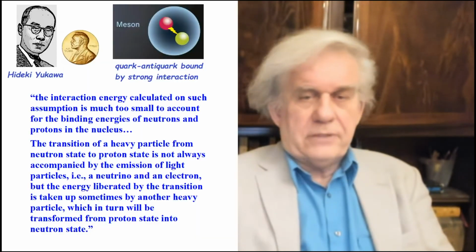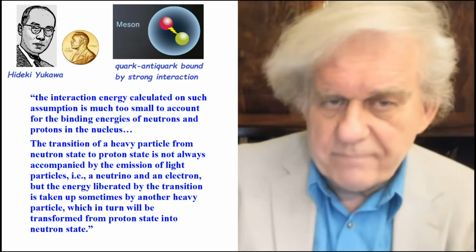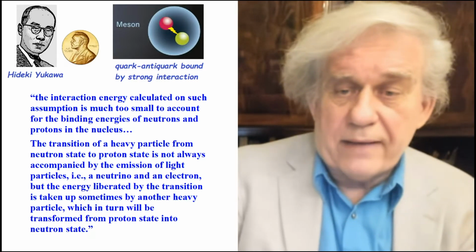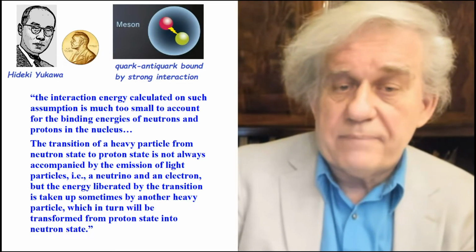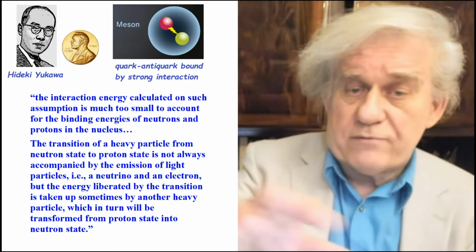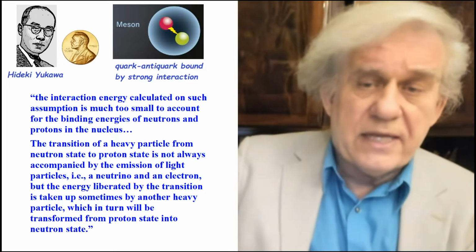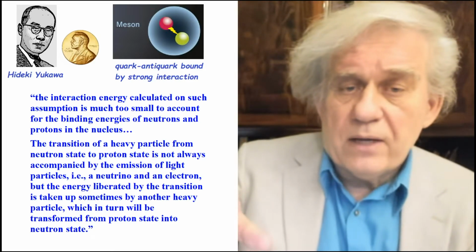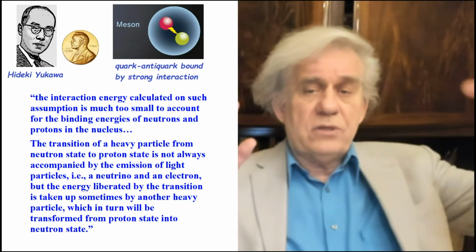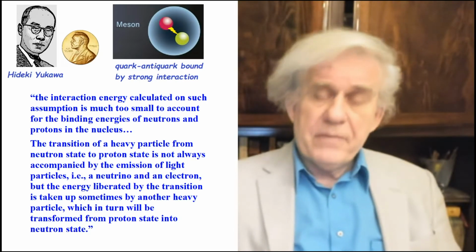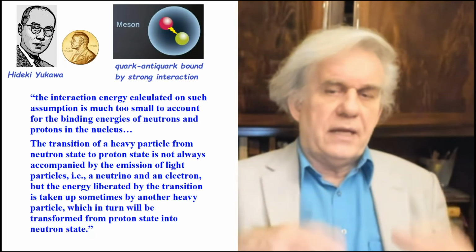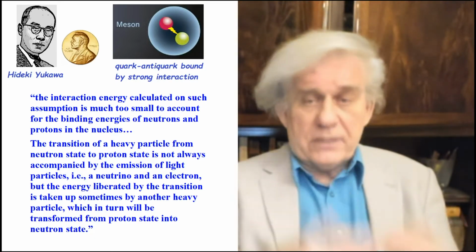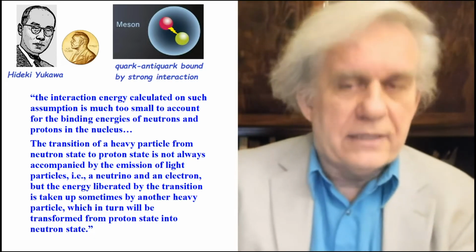And that's when the Japanese fellow, his name is Yukawa, he came up with a meson. Okay, the meson, however you want to pronounce that. And he invented that. At the time they had no idea of quarks, but that's essentially what they ended up with. They say, look, we have a meson, which is this quark anti-quark pair, and they have a strong interaction, and that's what he described mathematically, and that's why Nobel smiled at him.